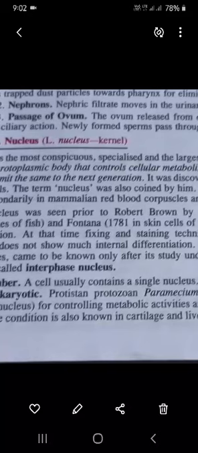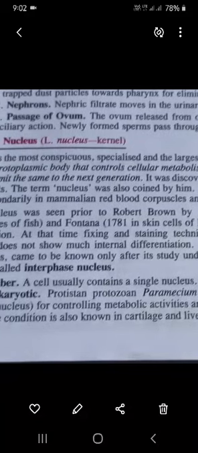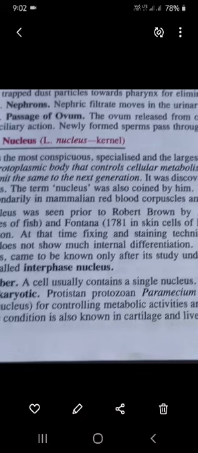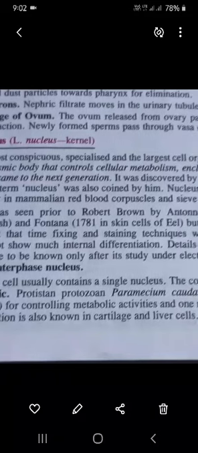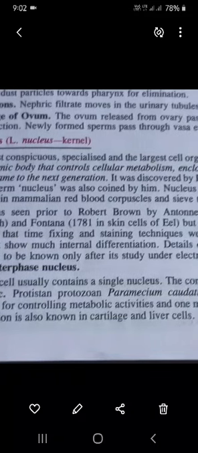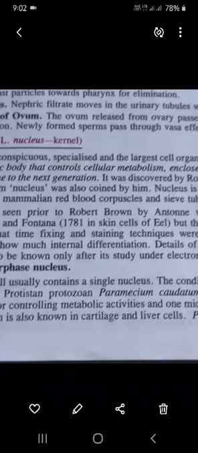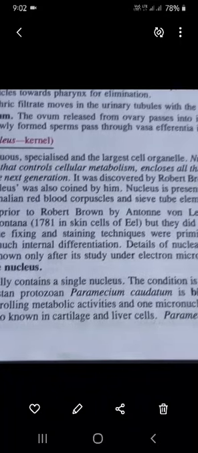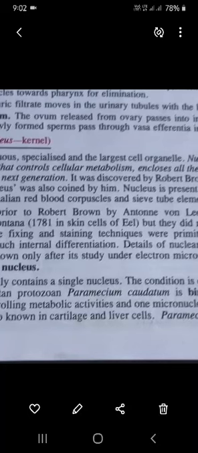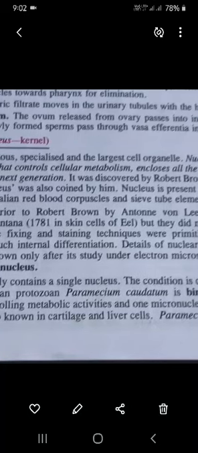Most conspicuous, ये बड़ी चीज़ है. Specialized and largest cell organelle. Nucleus is a double membrane bound dense protoplasmic body that controls cellular metabolism. यानी बच्चों को याद रखना है कि ये जो न्यूक्लियस है, ये सेल की जितनी सेलुलर मेटाबॉलिज्म, जितनी एक्टिविटीज़ हैं, इनको ये कंट्रोल करता है. It includes all genetic information, इसमें जेनेटिक इंफॉर्मेशन भी रहती है, and is able to transmit the same to the next